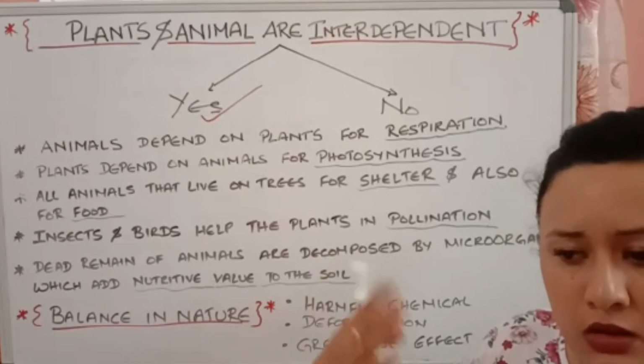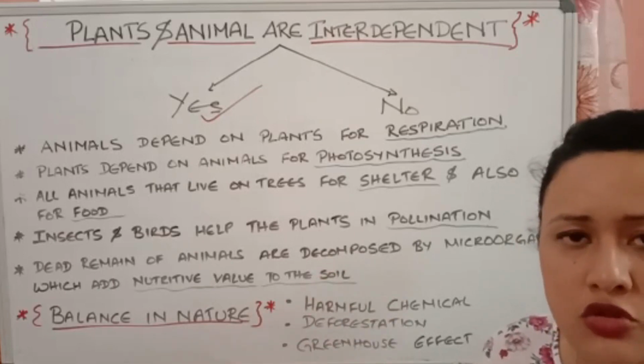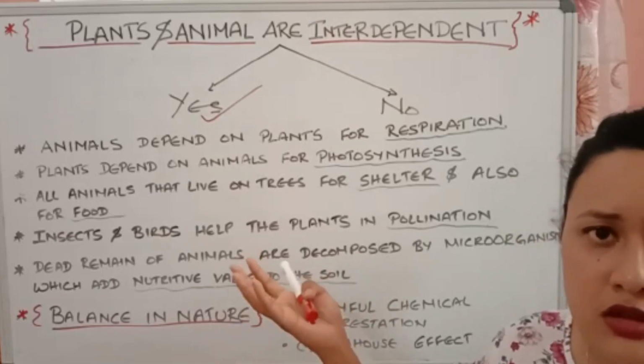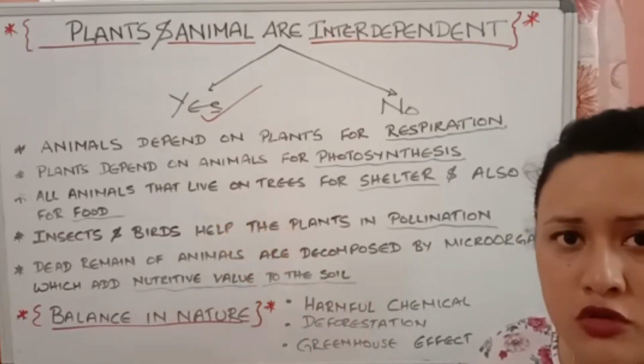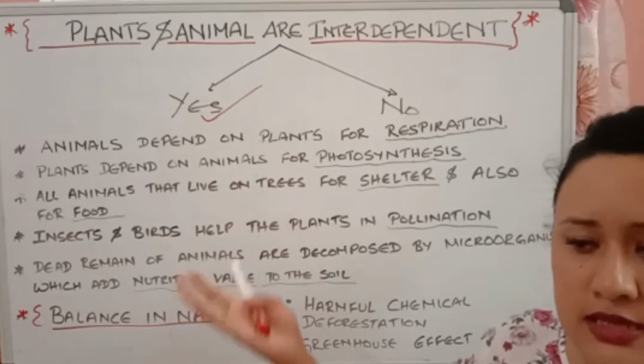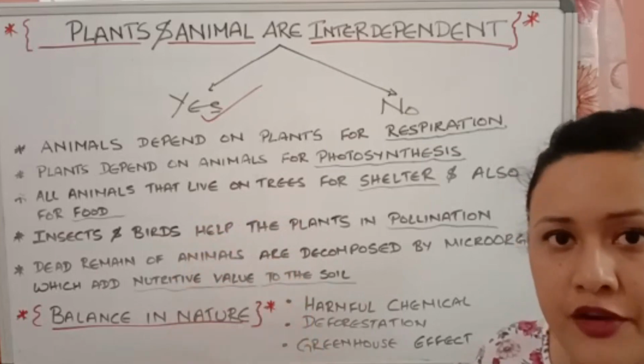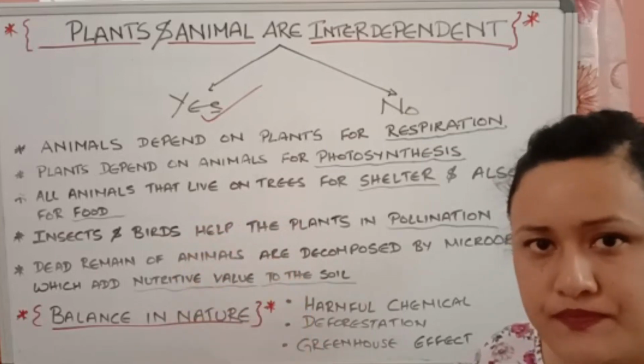So there will not be a balance in nature now. For that, what happened? The herbivores, they are dead. No herbivores left, only the tigers. So what will happen to the tigers? Can they survive if there's no food for them? No. So obviously there is a disbalance in nature.